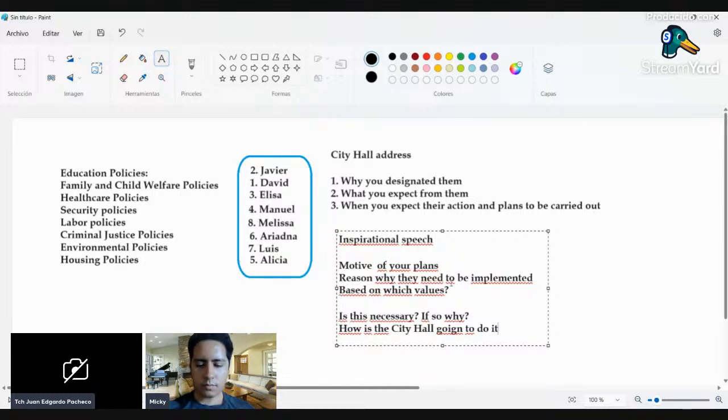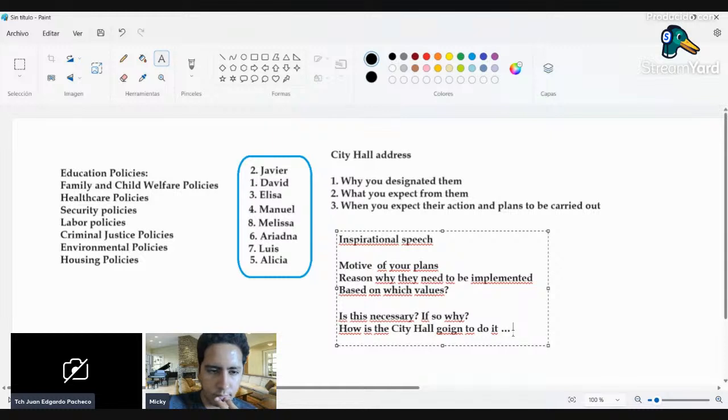I mean, the reason why the society needs a change, the society needs a new direction. Looks like a political speech, right? New direction. Yeah. But based on which values? Is this necessary? Well, it is absolutely necessary. We are polluting the fields, we are eroding the land, we are contaminating the air, the water, we are going through violence periods. There is a decadence of the social tissue, a decay which is more obvious than ever before,